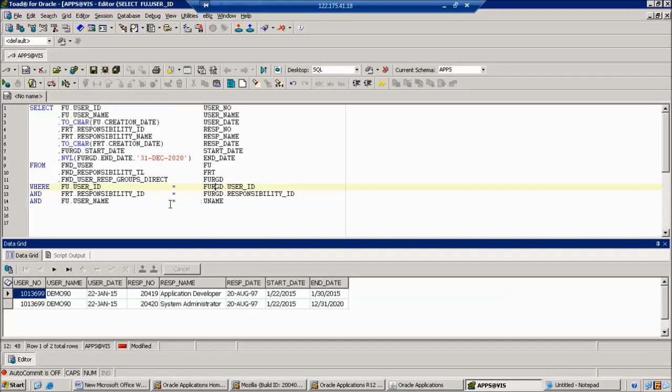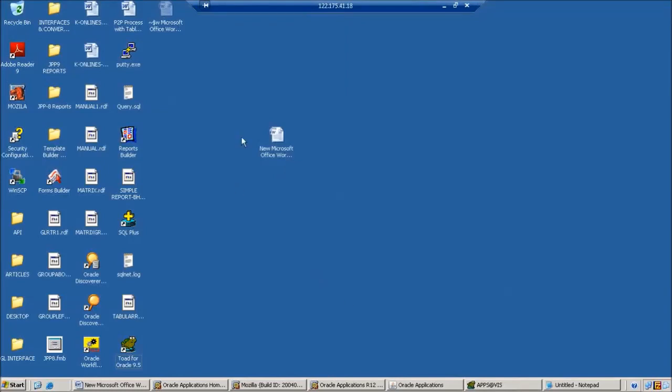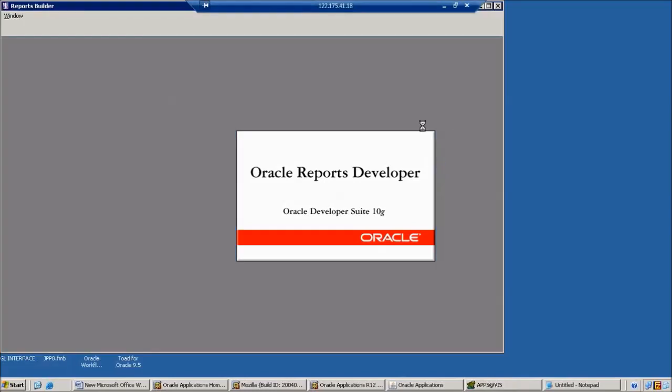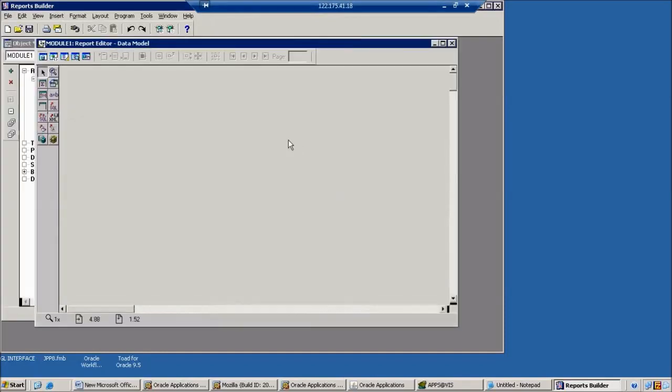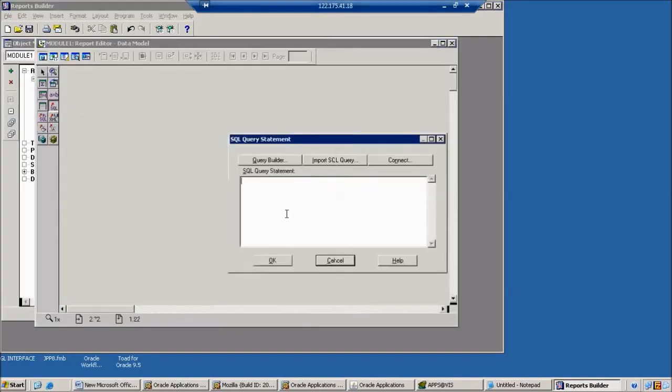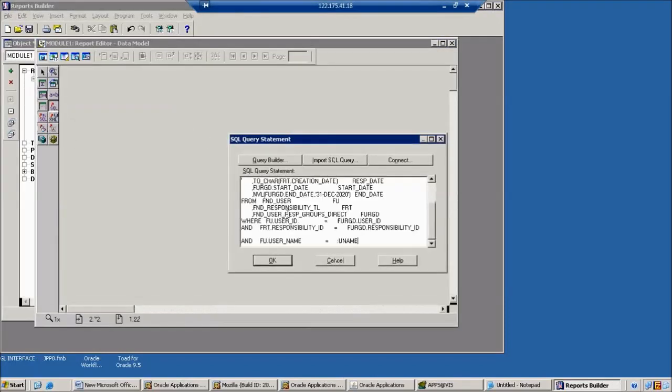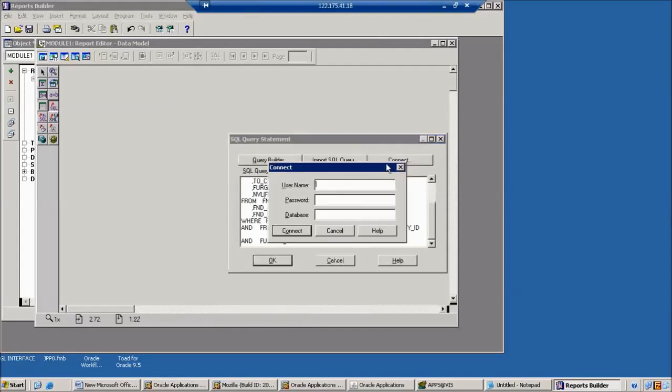Once our query is completed successfully, we can place this query in our report builder. Open the report builder and build a new report manually. Choose SQL, paste it and connect.